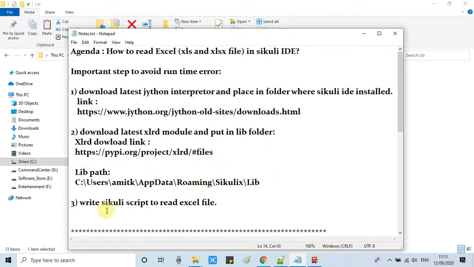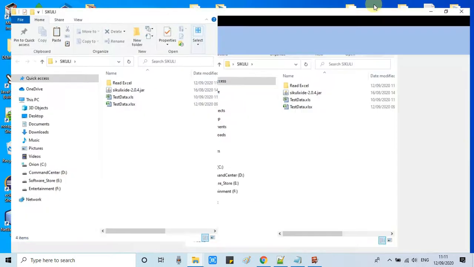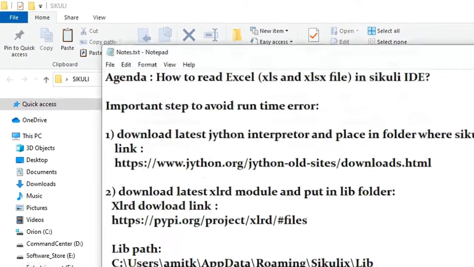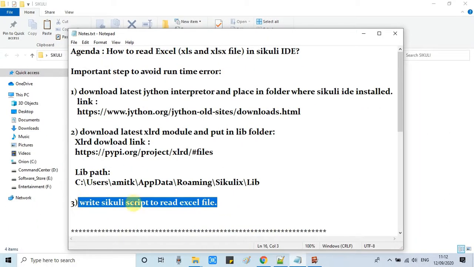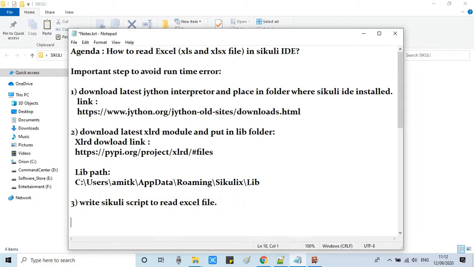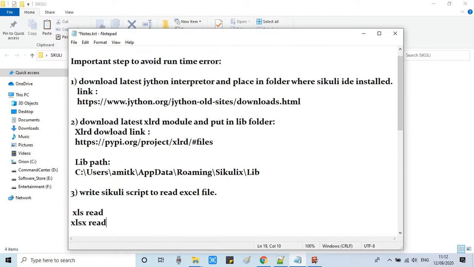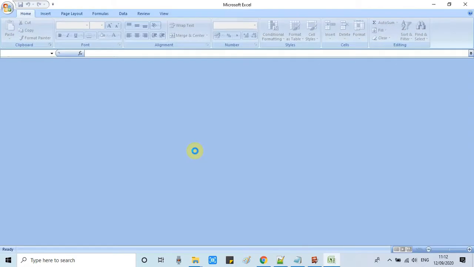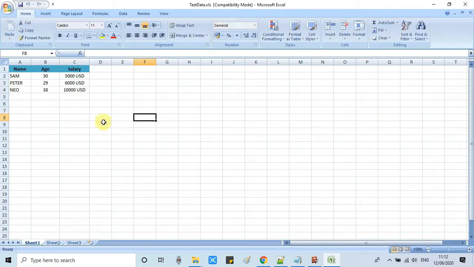Now we will write the SQLiX script to read the Excel file. We will follow simple Python syntax, and I have two sample files that we are going to read: the first with the .xls extension and the second with the .xlsx extension. I will show you a working example on these two files. Let me show you what is inside this file.